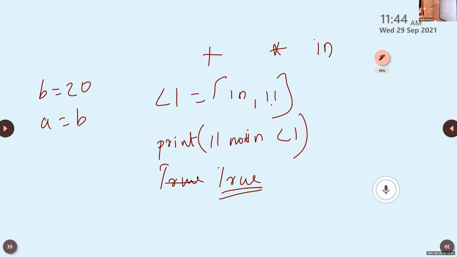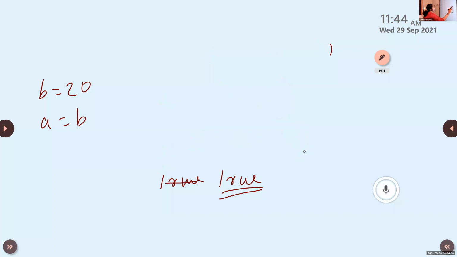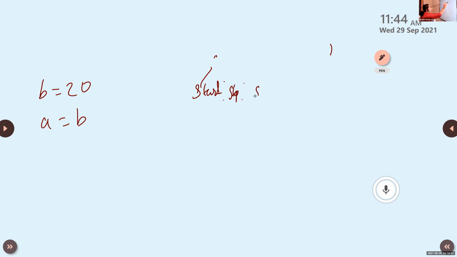Then next is slicing. Slicing we already discussed in the string functions, the same as that of list also. We can use three values, that is the first is the start value, then stop, then step.